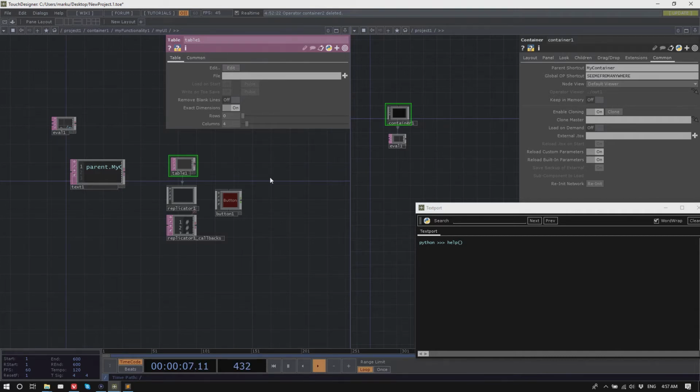And if I do significant changes to the master operator of a replicator, for any reason, I have to hit the update button, and then all my outputs will disappear. That is not the case if I do it with the original parenting. Right. Then I can update what I want to do.